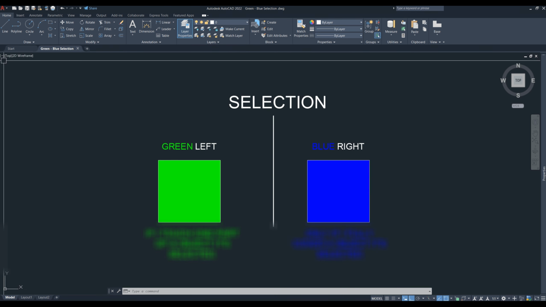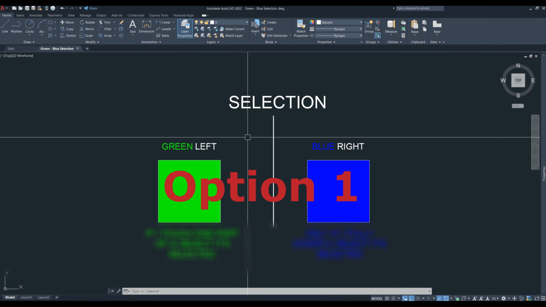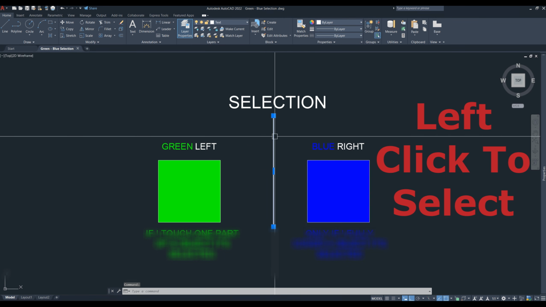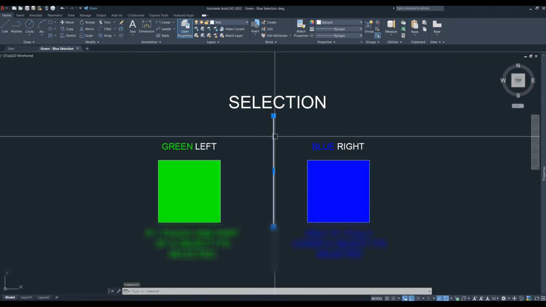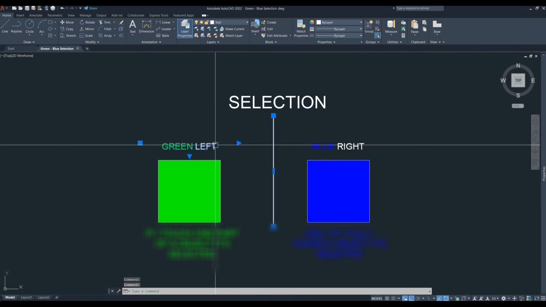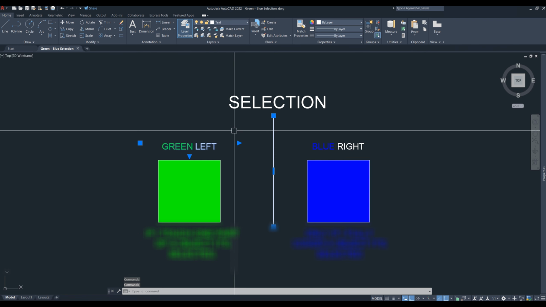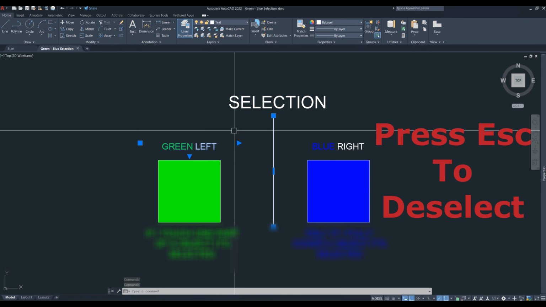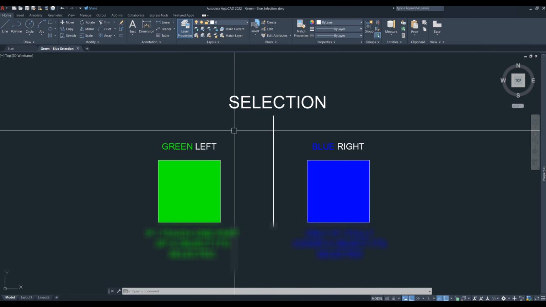Within AutoCAD, you can select in three ways. The basic way to select within AutoCAD is obviously just clicking. So a left click on your mouse and it will select an item. The same here, for example, left click on your mouse and select an item. Now AutoCAD has, alongside this, two other functions that allow you to select objects, and this is green selection and